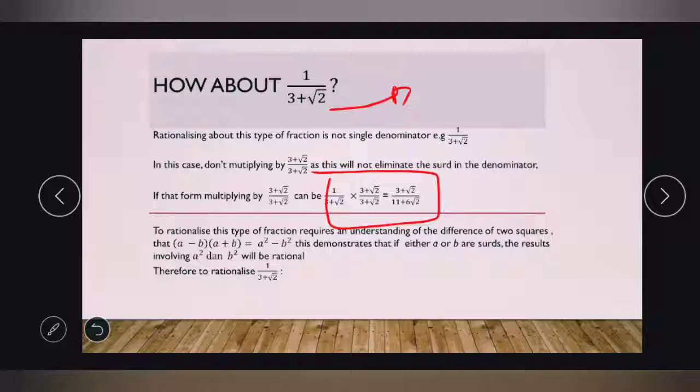Therefore, to rationalize 1 over 3 plus the square root of 2, we multiply by 3 minus the square root of 2 over 3 minus the square root of 2 equals